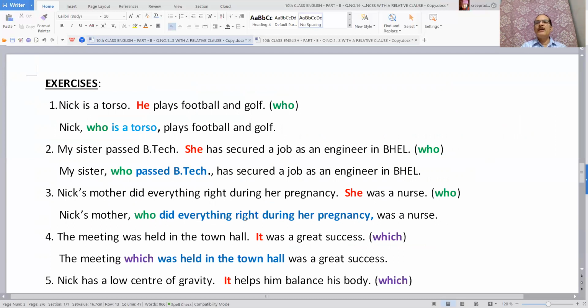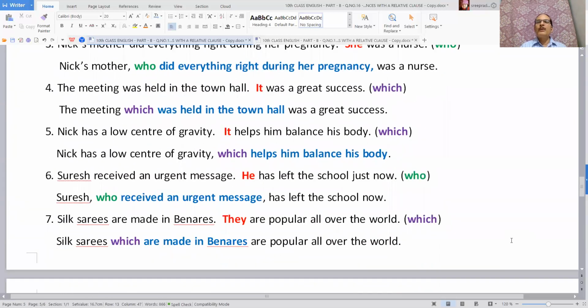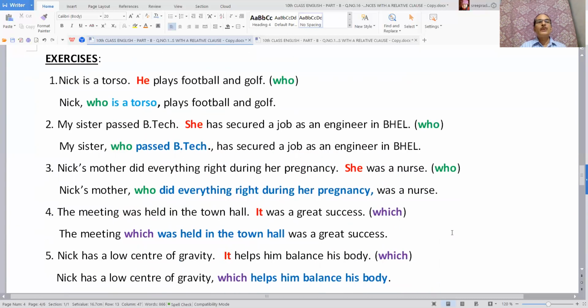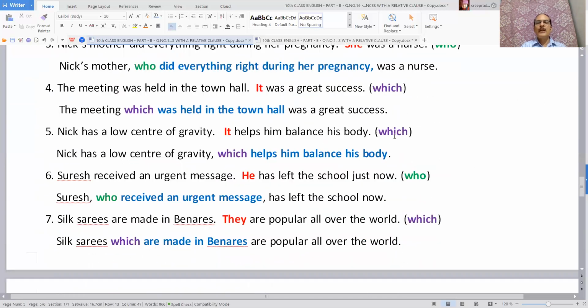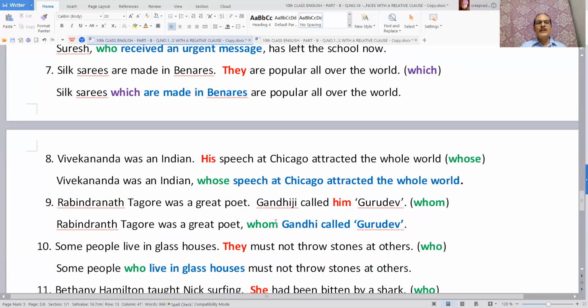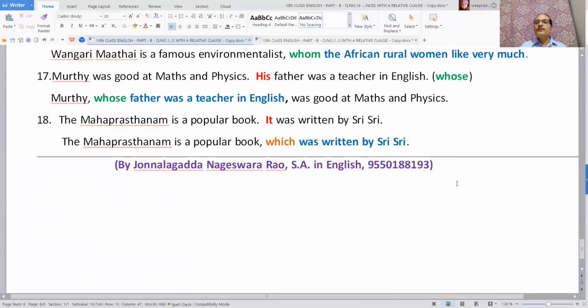And relative clauses, as we have already seen, begin with relative pronouns. To refer to a person, we use who, if the pronoun is in the subjective case. If the pronoun is in the objective case, we use whom. If the pronoun is in the possessive case, we use whose. And then to refer to things, we use which. And to refer to persons or things, we use which or that. So this is the information that I wanted to give regarding combining sentences using relative clauses.